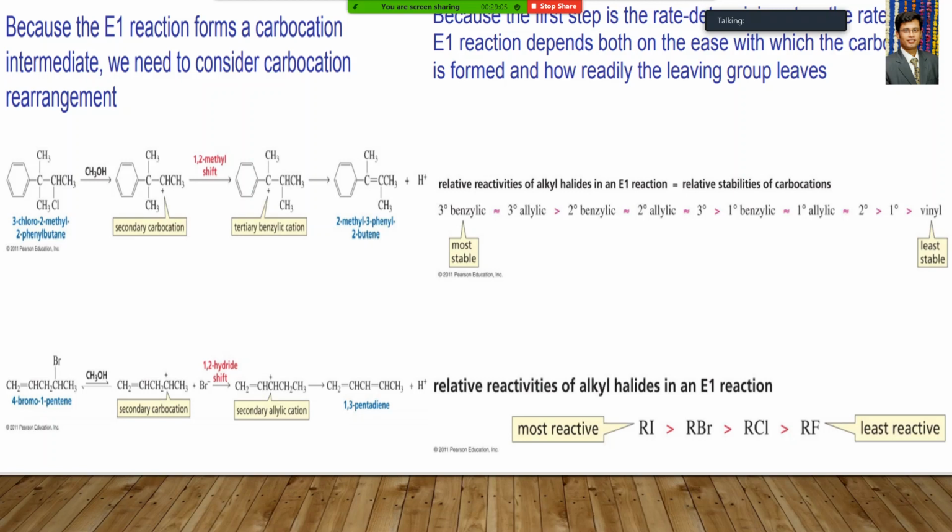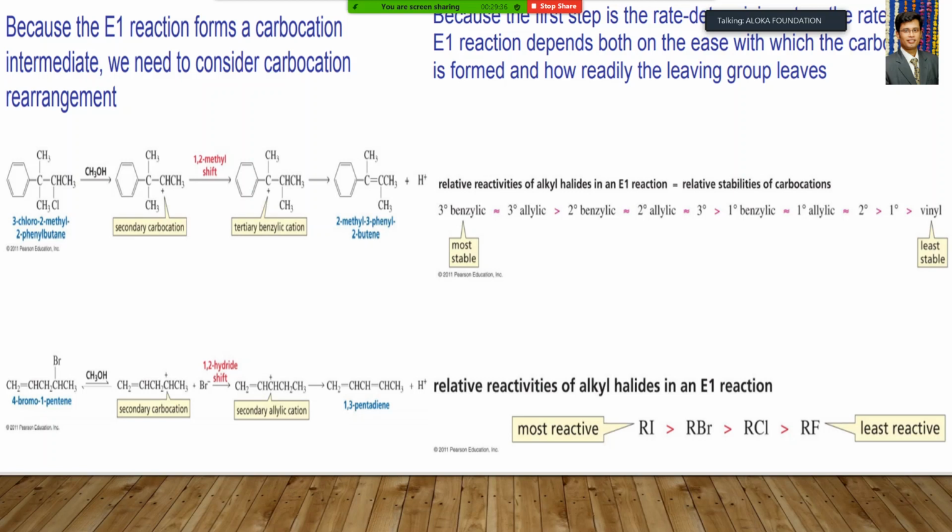And how do you determine the substrate? You know the rate of reaction depends upon the formation of your carbocation. So which substrate is more favorable? Anything which increases the stability of your carbocation is the best substrate for your E1 mechanism. That's the reason why tertiary, benzylic and allylic substrates are more favored.